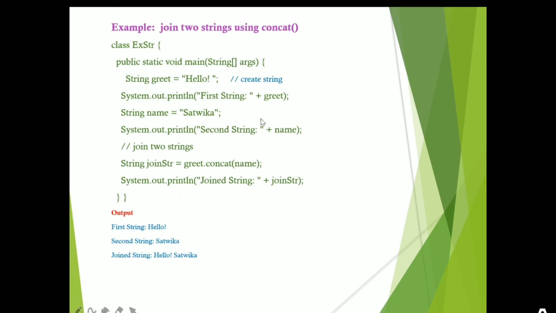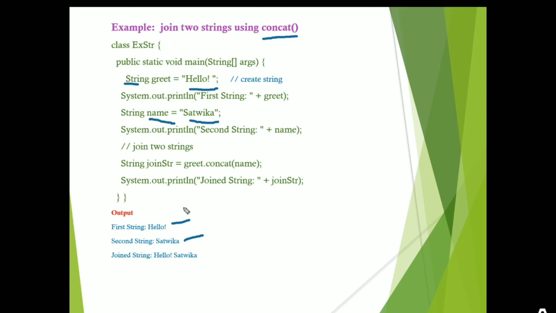And this is another example which joins two strings, joining using the concat method. Here we created greet, a string, and hello is the word assigned to greet. This is displayed, and another string object, name, holds the value Satvika. When we are joining, join string is equal to greet dot concat name.